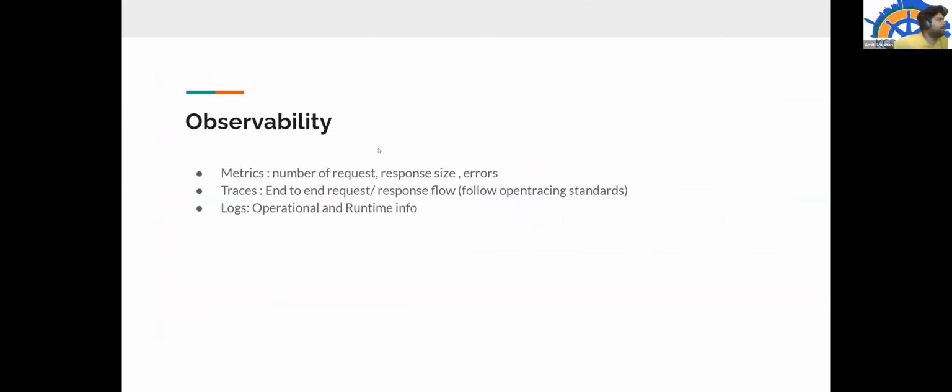Now observability. As discussed earlier, observability has three pillars: metrics, tracing, and logs.